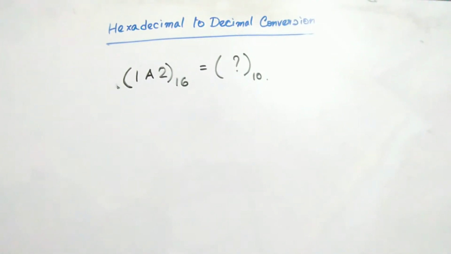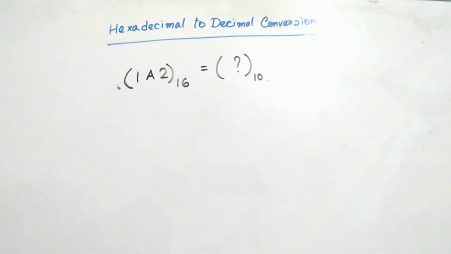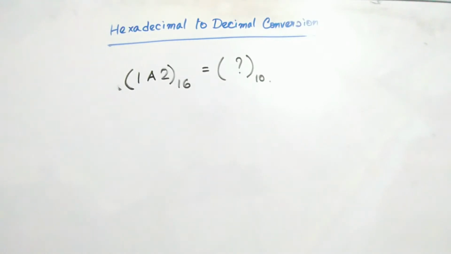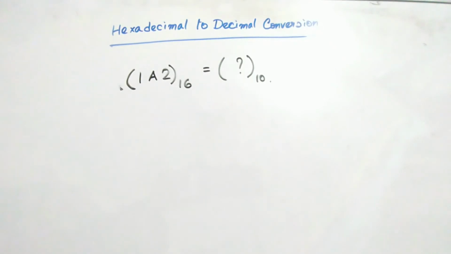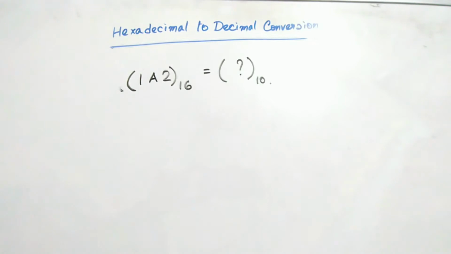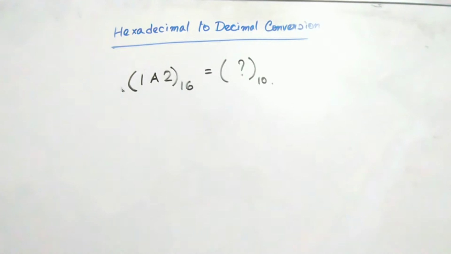A hexadecimal number can easily be converted into its decimal equivalent. So here we will use the same procedure that we have used to convert a binary number into its decimal equivalent or an octal number into its decimal equivalent. Every digit in the hexadecimal number has a positional weightage, and what we are going to do is simply sum together the weights of the various positions of the hexadecimal number by multiplying the digits with their weightage.